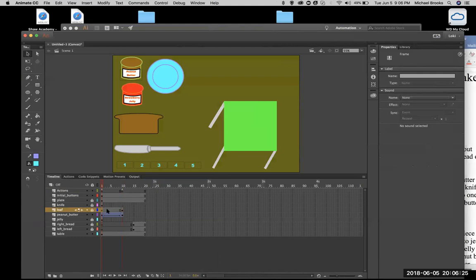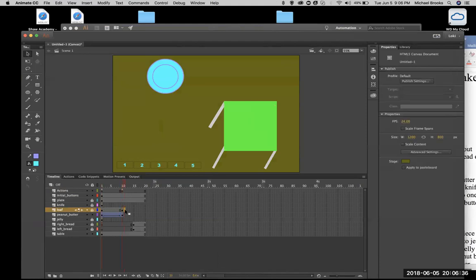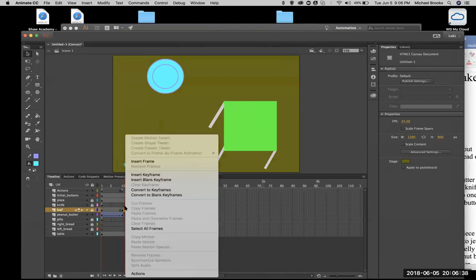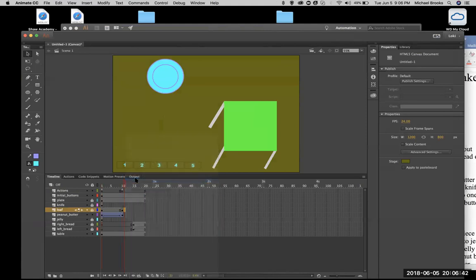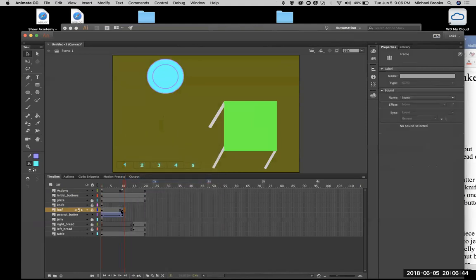So the bread basically stays there to that point, then it stops. Now we want to get the bread. So what I'm going to do is come to right here and insert a blank keyframe. The reason it's blank